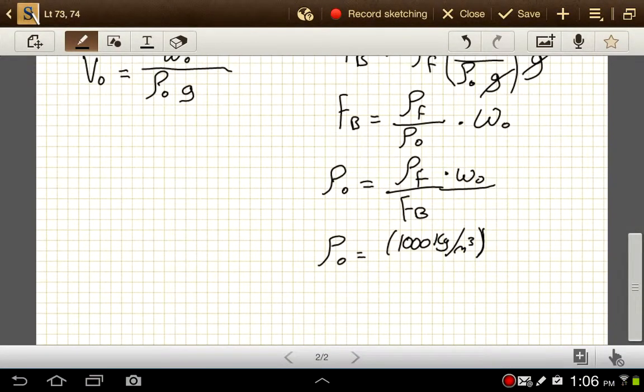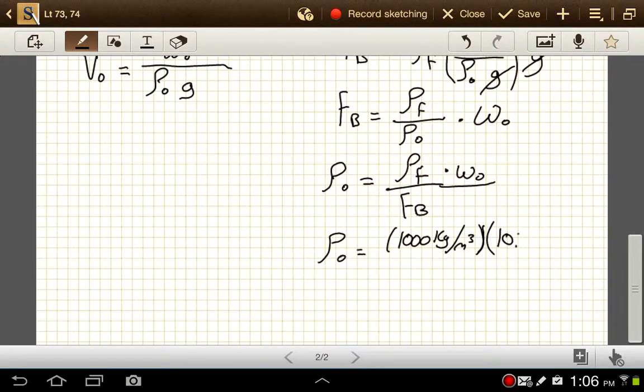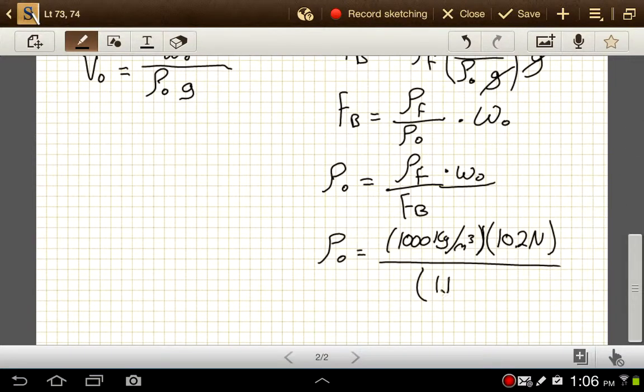Kilograms per cubic meter. Okay, density of the fluid times the weight of the object, the crown, which was 10.2 newtons, divided by the force of buoyancy, which we calculated at 1.1 newtons. Okay, so the density for the object then is 10,200 divided by 1.1, and we get about 9,270